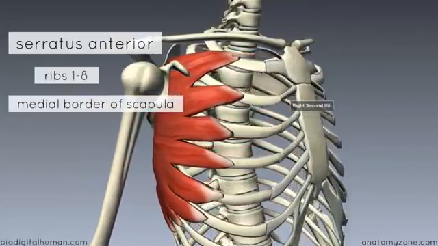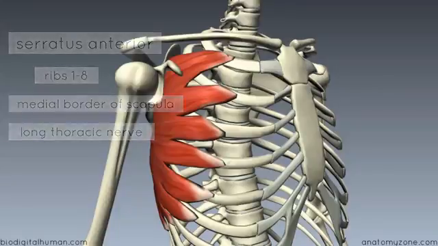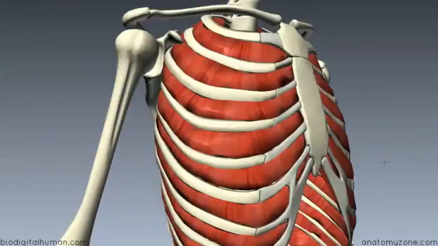This muscle is innervated by the long thoracic nerve, and its function is to protract and to stabilize the scapula. So it works to pull the scapula forward around the thorax, and it also keeps the scapula pressed against the thorax. So now we're going to take a look at some of the muscles that lie in the intercostal